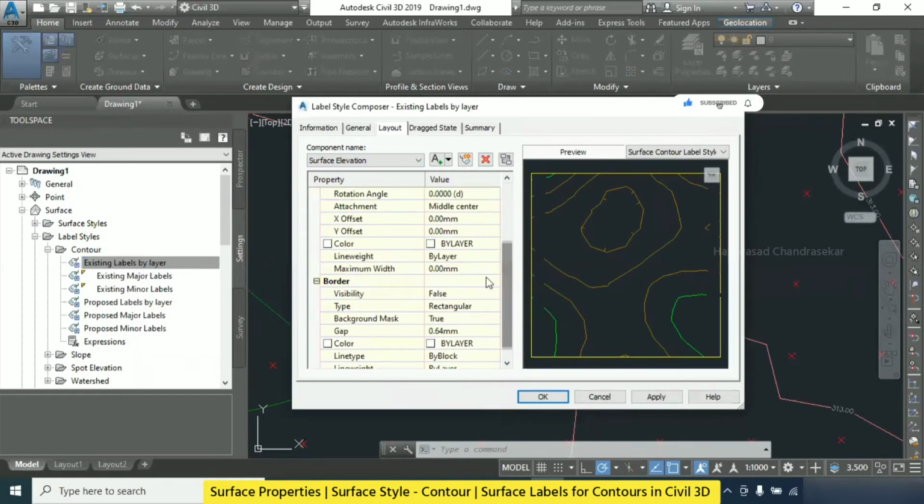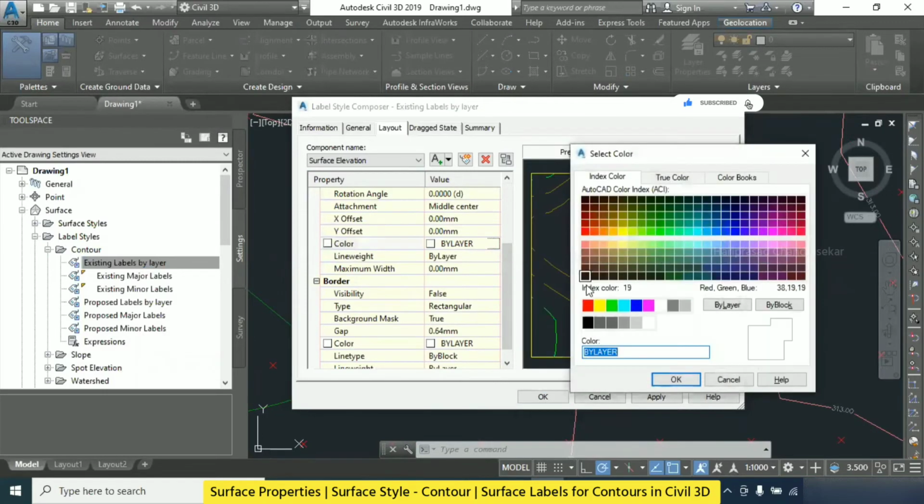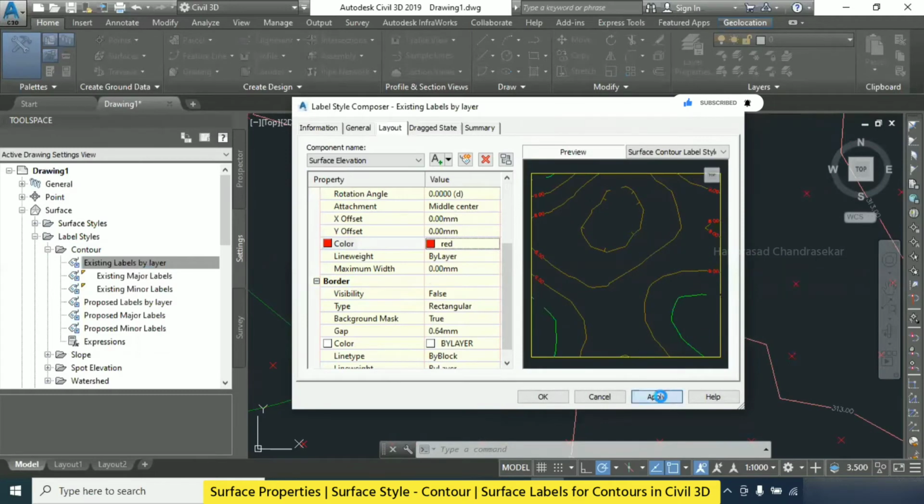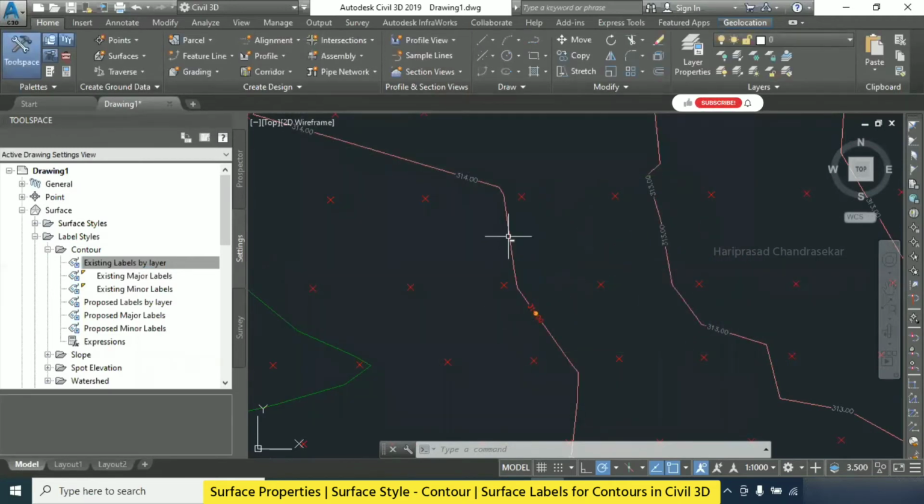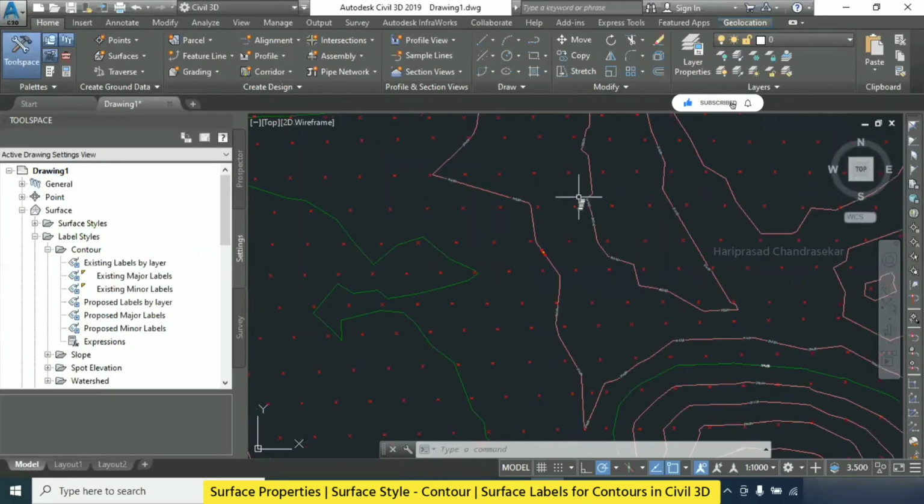Okay, here the color is by layer, or we can go for some other color. See, now it will change. Apply OK. This is existing label by layer. Okay, it won't come, but once you do again, it might come. We will see.